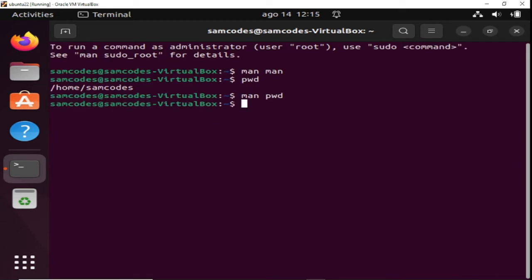Now what I want you to know is that there are some commands for which the manual, the man command, is not going to work, and one of them is cd. When I put cd, it says no manual entry for cd. This is because cd is a very old command. I'm sure you know cd if you've used your Windows terminal. So cd is something that has been there for a while, and